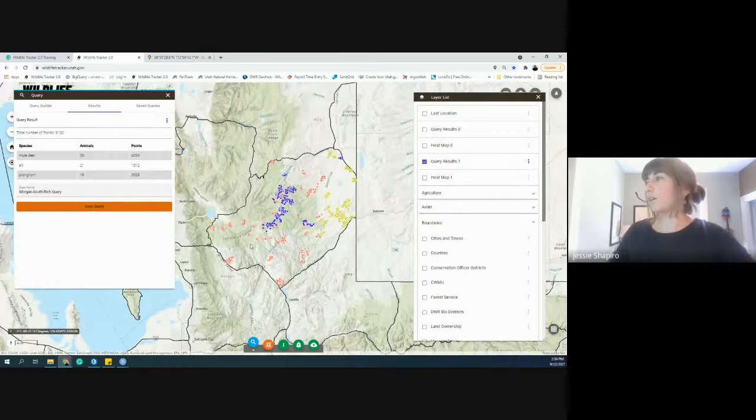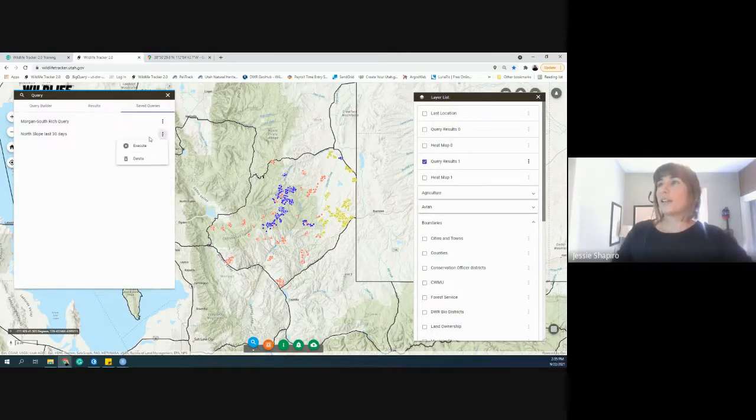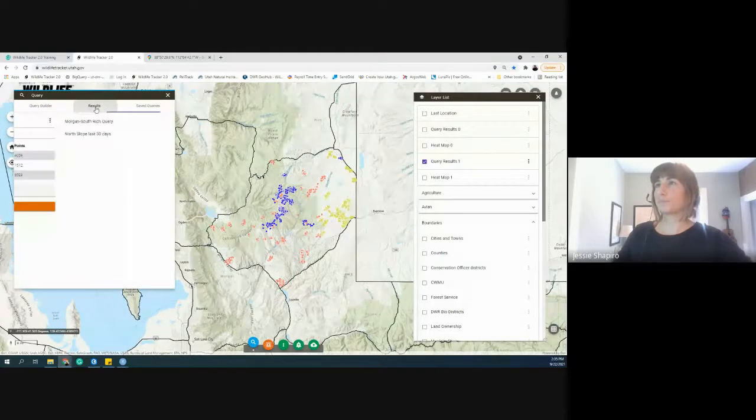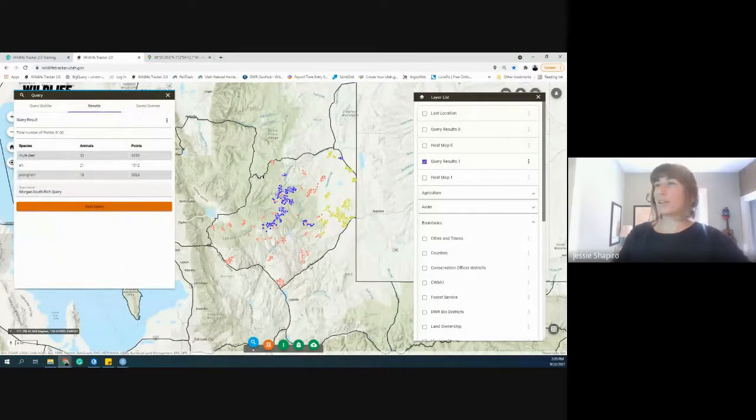And there you go. That was one saved query that I had for all species that fall within the Morgan Southridge unit for the last 7 days. And then also with the saved queries, you can delete them if they're no longer useful to you. Okay, so every time that you run a query, what it does is it generates a layer in this layers